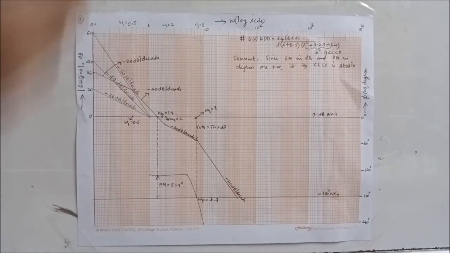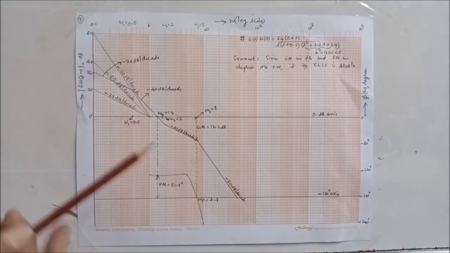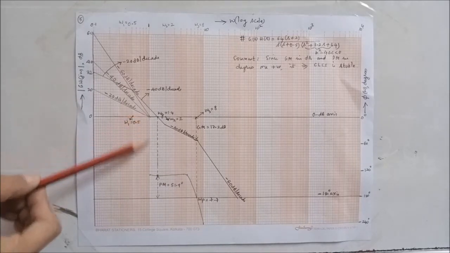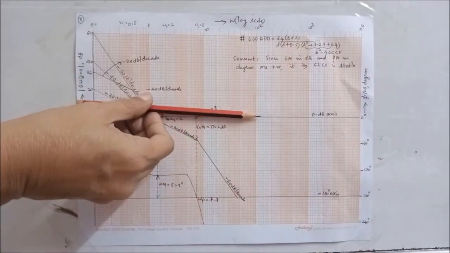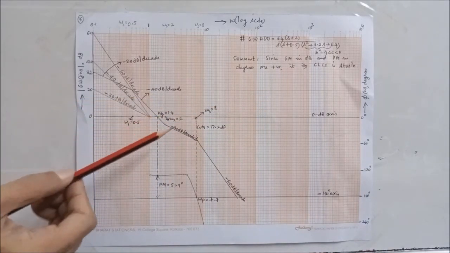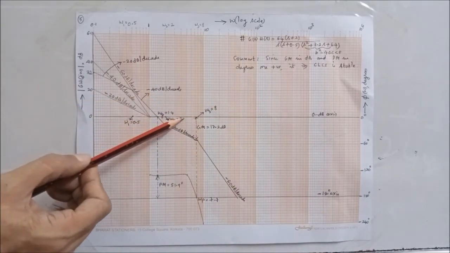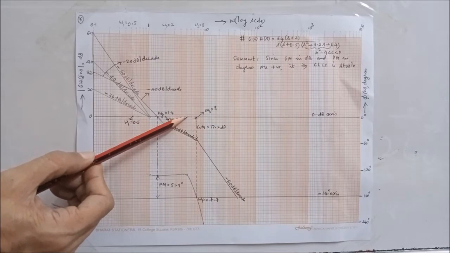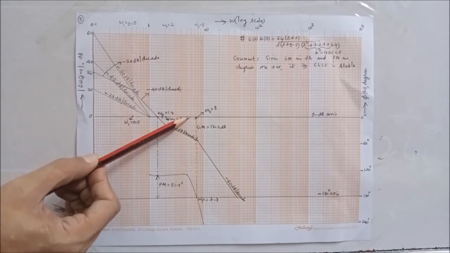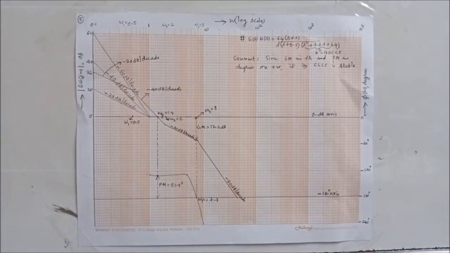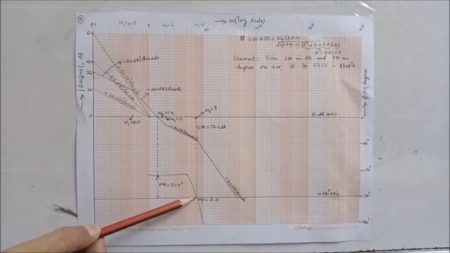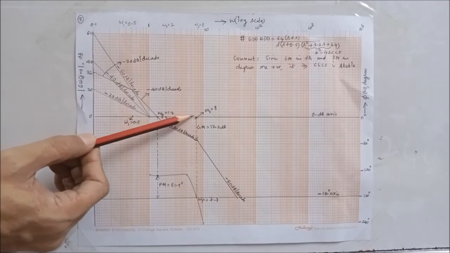Roller scale is a very important tool for drawing the magnitude diagram. Then using the phase table, the phase diagram is drawn. When omega is 1, mark 21.6 divisions starting from the 0 dB axis. When omega is 5, mark minus 21.4 divisions. So this is omega equal to 5 line. On that line, mark how many divisions? 21.4 divisions.